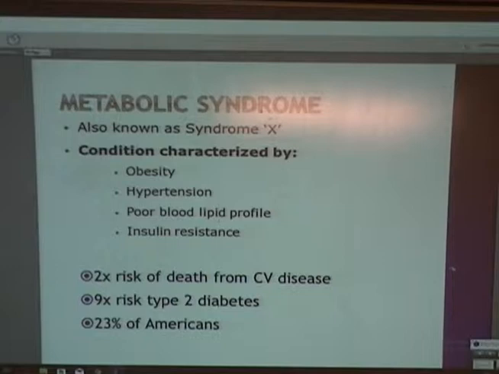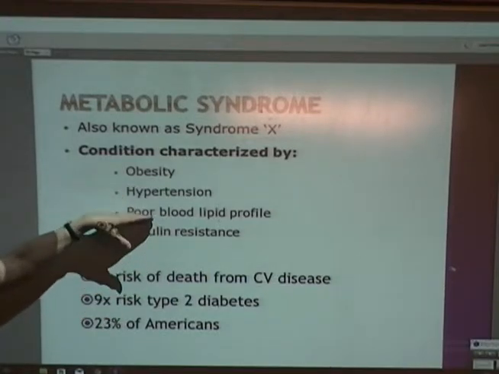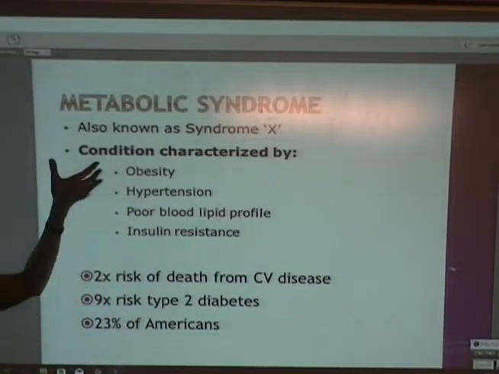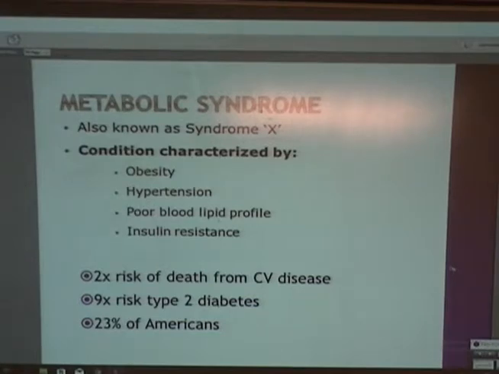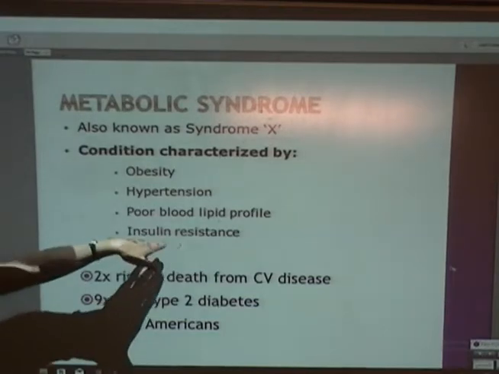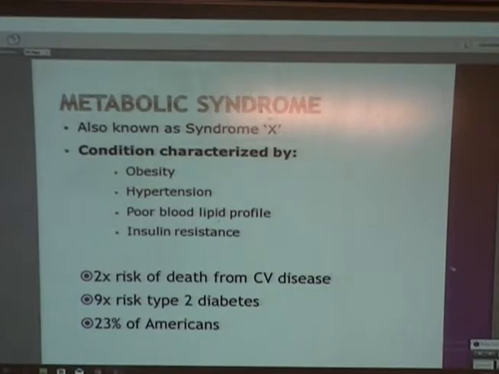Okay? So obesity, hypertension, poor lipid profiles, so our LDLs versus our HDLs, right? And insulin resistance. Okay. So if I have all 4 of those disease states going on, then I might be